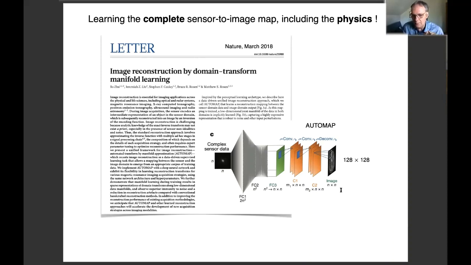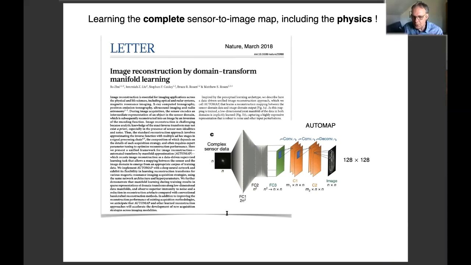But to do that, they have to use a fully connected neural network, a few layers of fully connected layers, and then some convolutional networks to reconstruct the image. And in fact, they demonstrated that this is completely feasible. So there's zero input from the physics. The machine learns everything. Maybe it learns that the MRI is doing an inverse Fourier transform, etc. And this kind of works. They published it in Nature, but